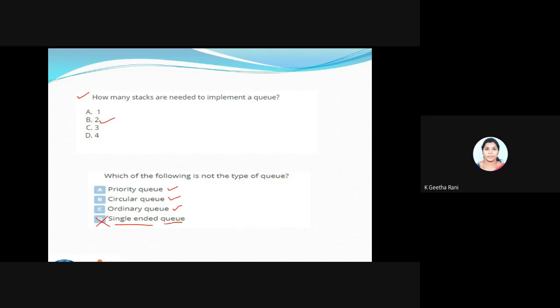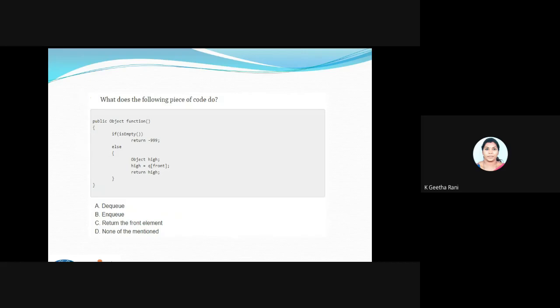Fine. So next question. The small code actually. So tell me what will be returned.